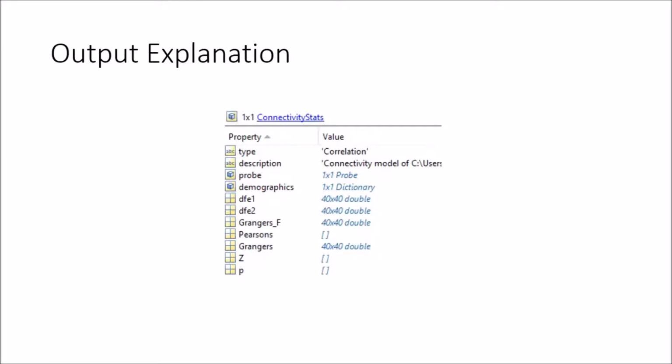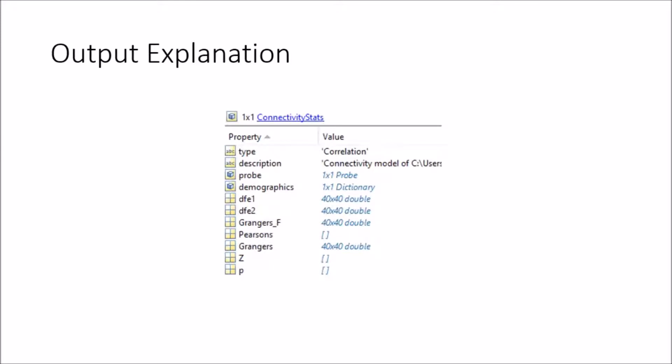When I ran it, again, this is kind of an introduction to how to run it. I'll try to get a little bit more in-depth video on exactly what's going on and how to run it in varying ways, but you get this output. The important aspects are going to be the Grangers, which is your coefficients, and the Granger's F, which is the F statistics on the Granger coefficients.